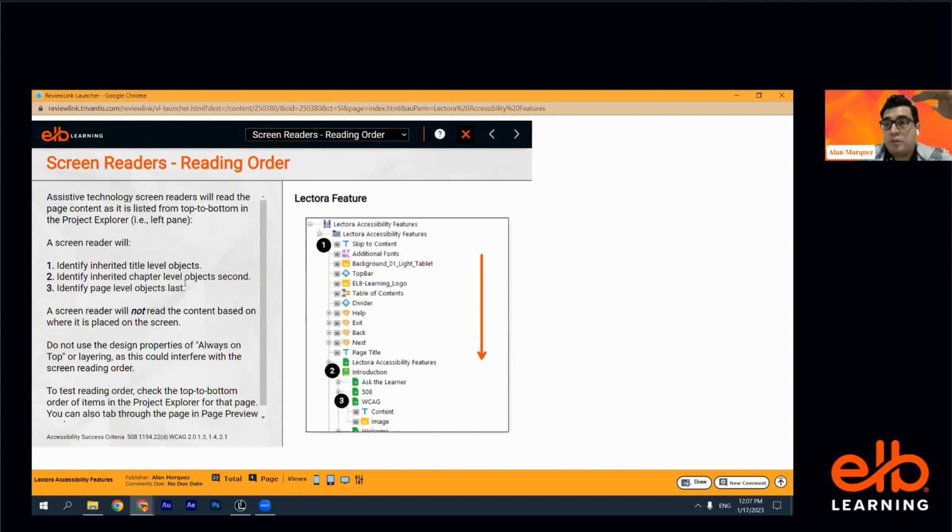inherited top level project level objects. Then it will identify chapters, and then it will identify page objects. So we have this structure, right, from top to bottom. So if you place your elements in the right order, the screen reader experience will be better. If you don't have your elements placed as we are suggesting here, the screen reader experience